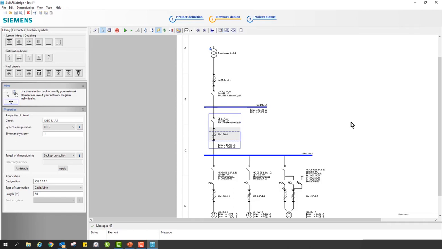What happens if this is actually not 20, but 50 meters away? And I recalculate again. As you see, automatically my short circuit current has decreased. Why is this so important? Once again,